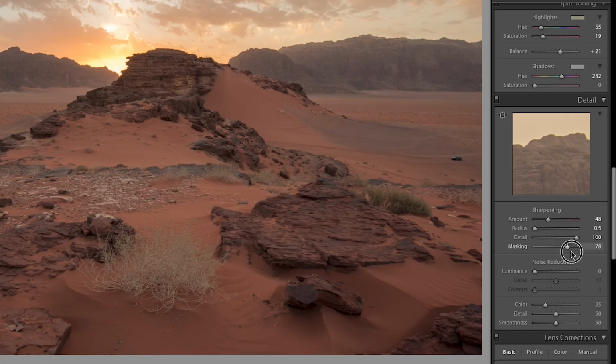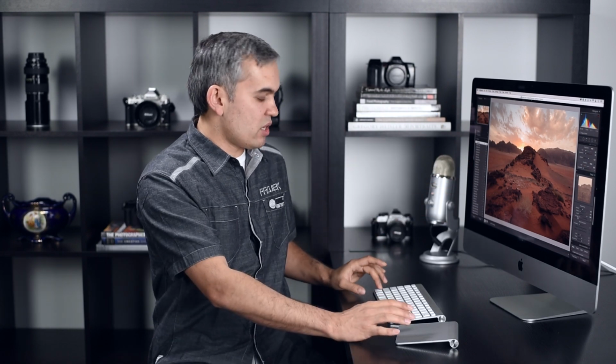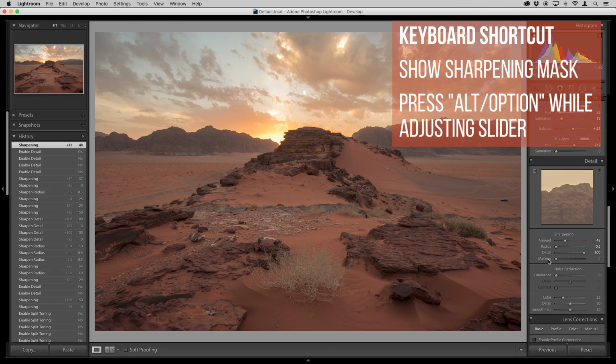from left to the right, you can't really see anything here. There's no effect. But if I look at the detail here, you can see that it's actually affecting the sharpening on that background. So why is it doing this? Well, the whole point of masking, like I said, is to try to prevent the entire image from getting sharpening applied to it. So the key here, in order for me to be able to see exactly what's happening on the entire image, is if I press the Option key on the Mac or the Alt key on